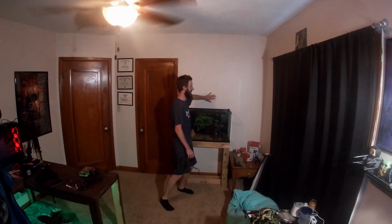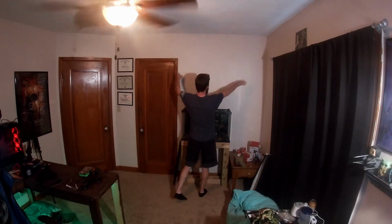So what I'm going to do is cut a hole in this wall and inset the tank into the wall. Then I'm going to put trim around it, and it's going to get a shelf and a bunch of stuff. It's going to look nice. This video isn't going to be a how-to or anything like that. This is just going to be a